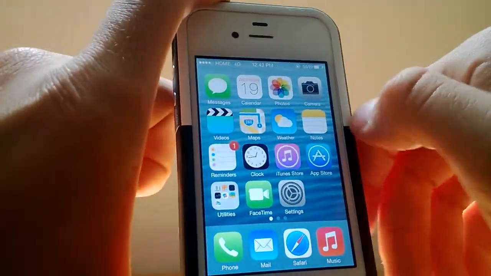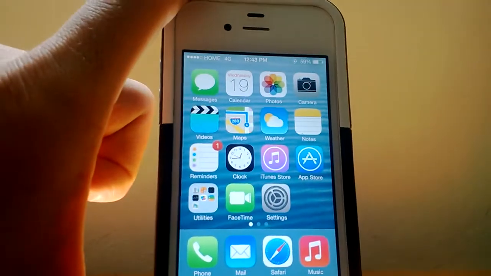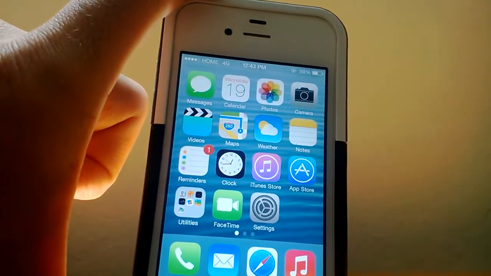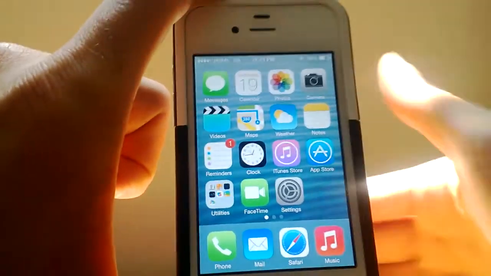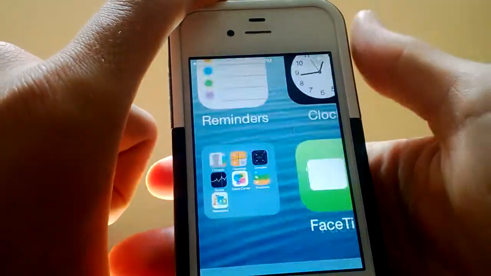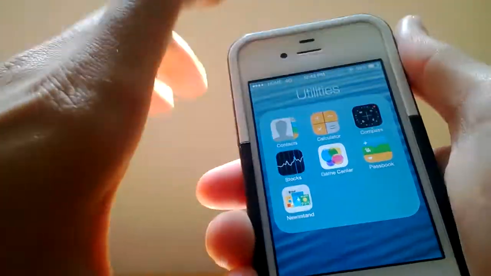I'm not going to go through App Store and iTunes Store. There's really no point. Basically, App Store gets a new little feature where it auto updates apps in the background, which is cool. Bunch of utilities that I'm never going to use. Compass